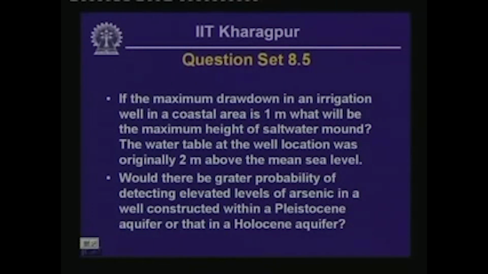The first question was, if the maximum drawdown in an irrigation well in a coastal area is 1 meter, what will be the maximum height of saltwater mound? The water table at the well location was originally 2 meter above the mean sea level. Now, if you recall, we talked about the Ghyben-Herzberg principle in the last lesson. And what we found there was that the height of fresh water above the level of the surrounding salt water, the mean sea level,